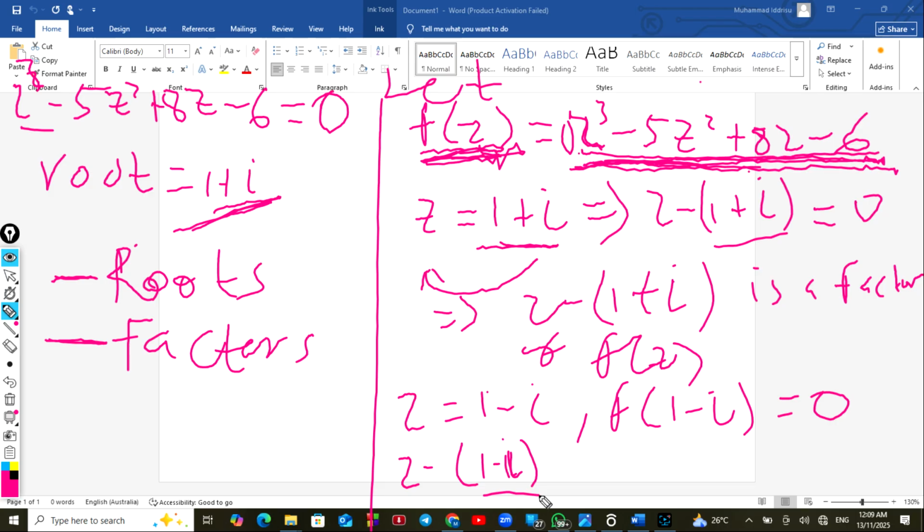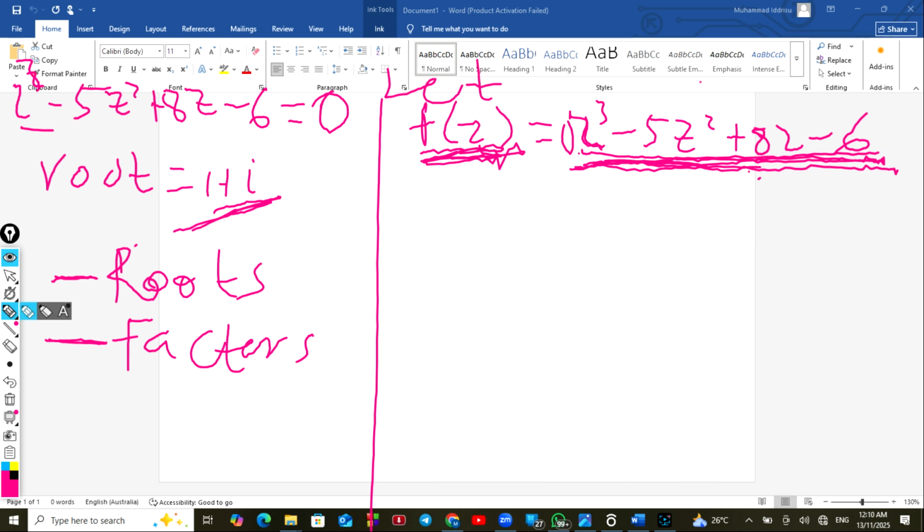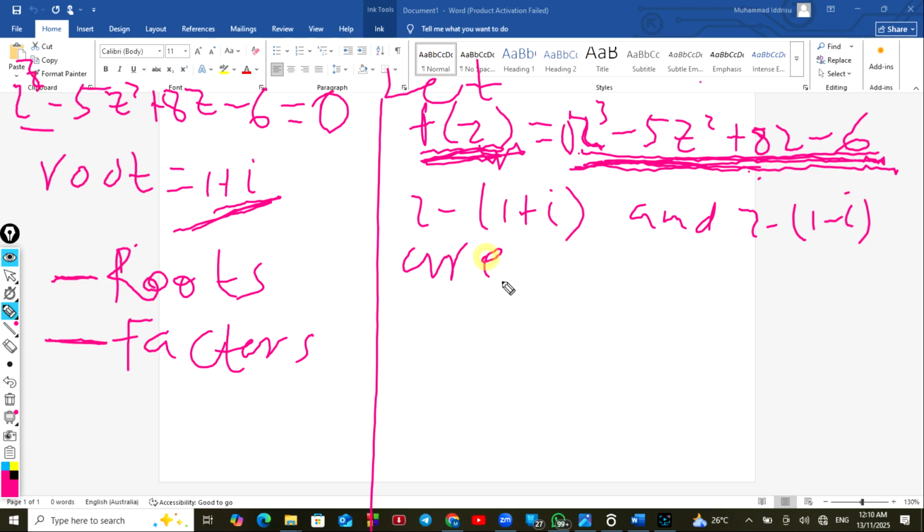Why are we interested in the factors first? Because the factors will help us factorize completely the complex function. Are we good to go? Okay. So now that we know that z minus 1 plus i and z minus 1 minus i are factors of f of z,